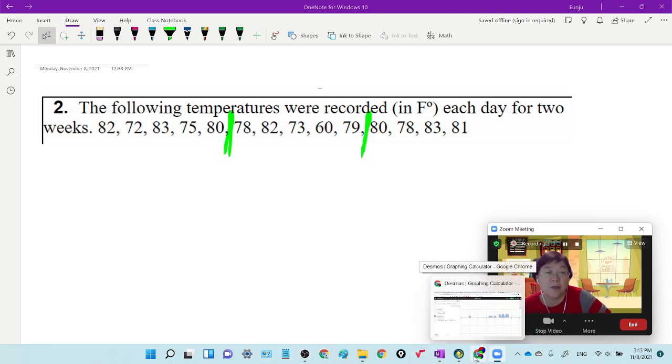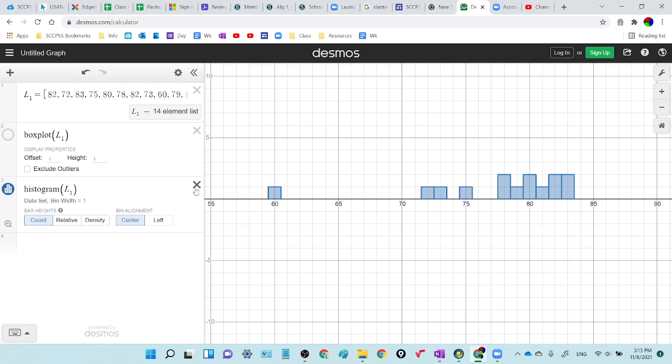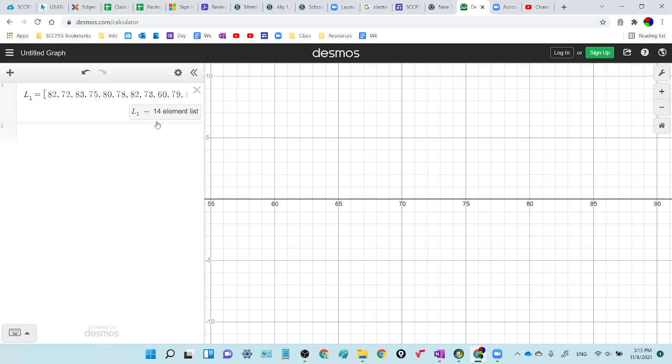Alright, let me go to the internet and I have some stuff, so I'm going to delete all. And let me start with naming the list. On my calculator, I may name the list. It can be any letter. So I'm using L1. Sometimes I have more than one data set, so I'm using L1, L2, L3 like that. And you see subscript 1, but you just type L1 and automatically on Desmos